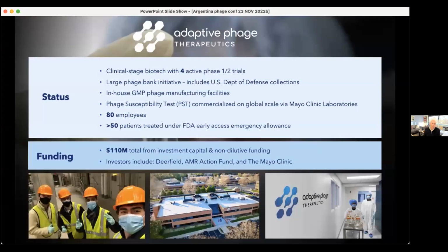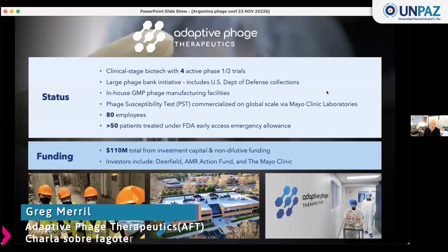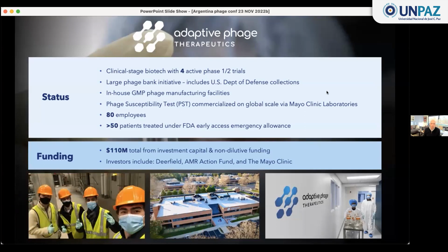susceptibility test that we are commercializing in collaboration with Mayo Clinic Laboratories. And the company now has about 80 employees, and we've treated over 50 patients on a compassionate basis. We've raised over $110 million